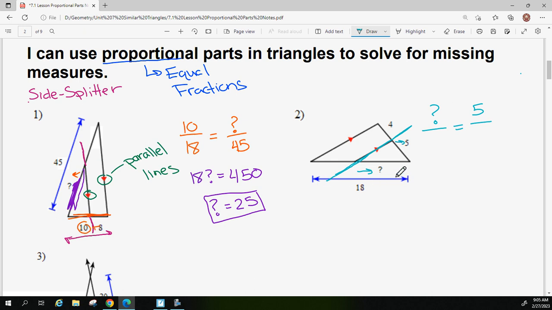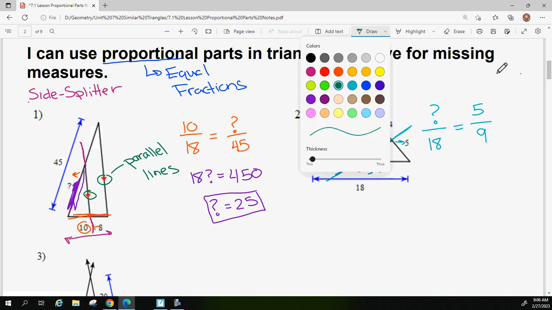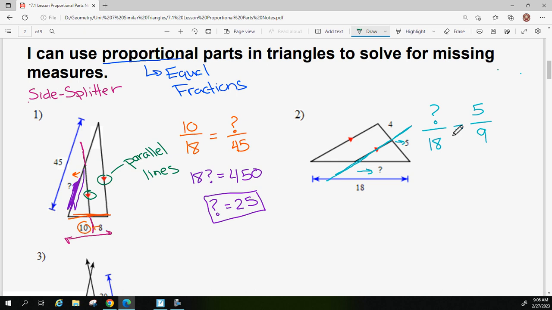Over here, I know this whole side of the triangle is 18, and I can add these 2, 4, and 5 together to get this whole side of the triangle, which is 9. And again, we have a proportion to solve by cross multiplying. 9 times question mark and 5 times 18,